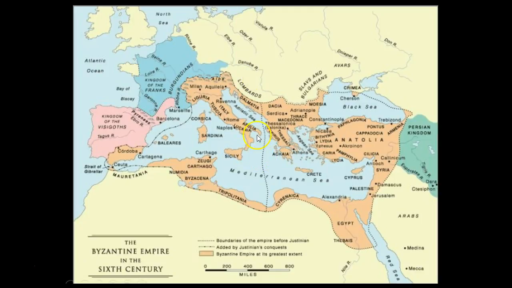So this is the area that we're going to be focusing on. In the capital of Constantinople, now known as Istanbul, we will see and examine some of what we consider Eastern-inspired decorations, mosaics, ivories, metalwork. And we do see a continued shift away from classical Greco-Roman naturalism into a more anti-classical depiction of art.